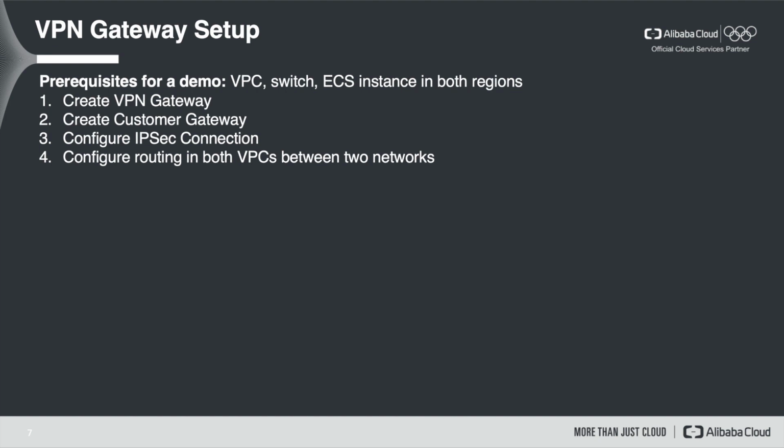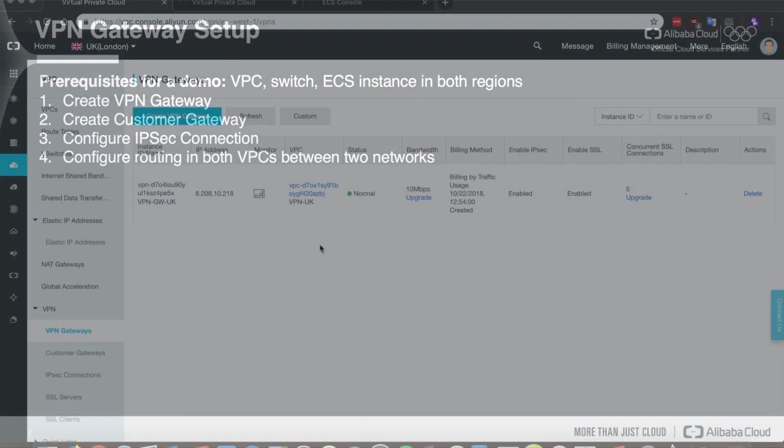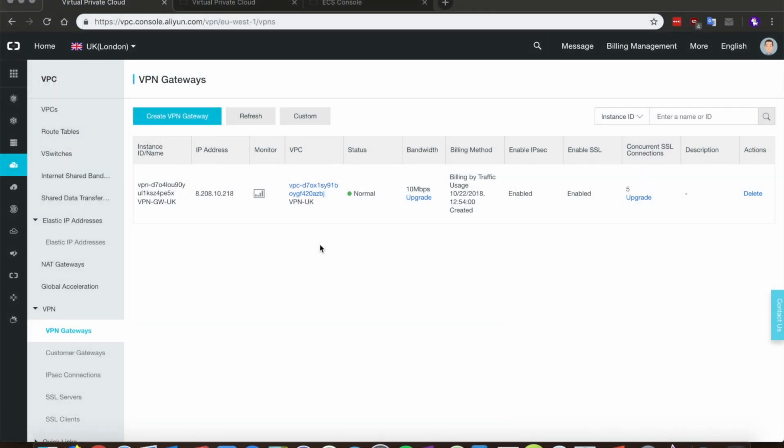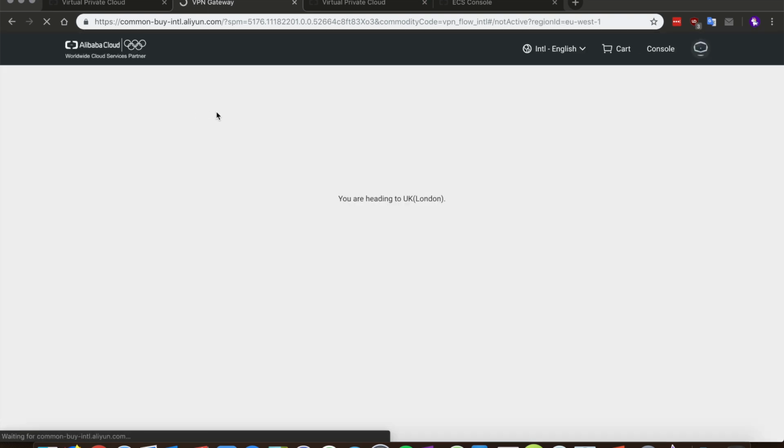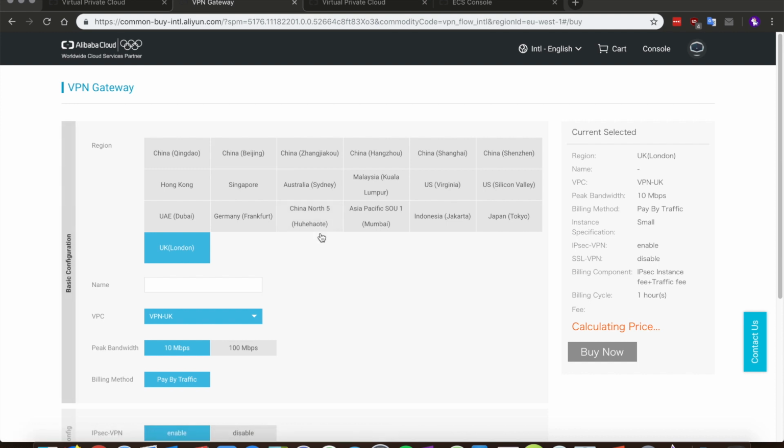Let's start with the VPN gateway creation. As you see on the screen, I already created one VPN gateway in United Kingdom. However, let's create a new one. We click the Create Gateway, and we have to select the region first. We provide the gateway name,